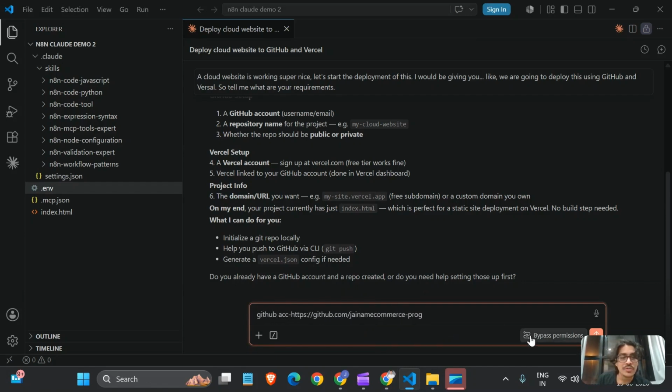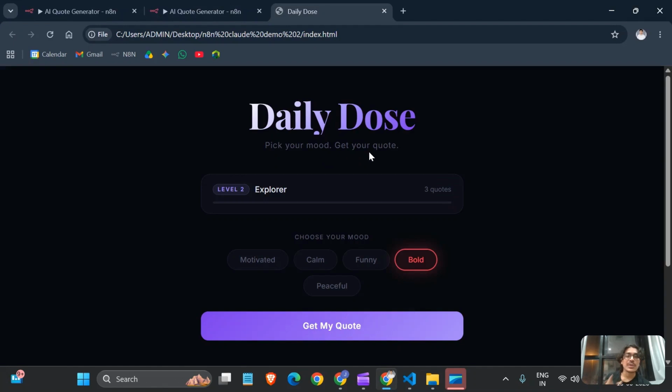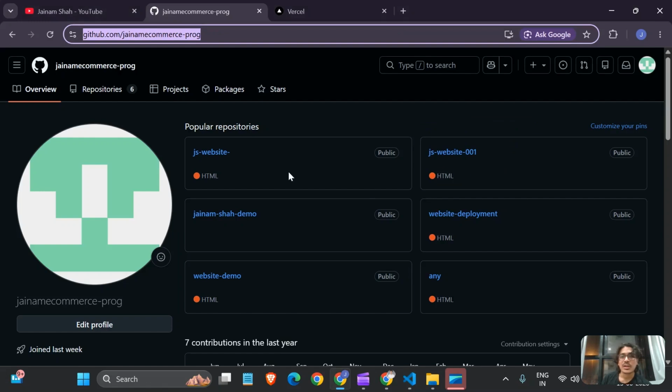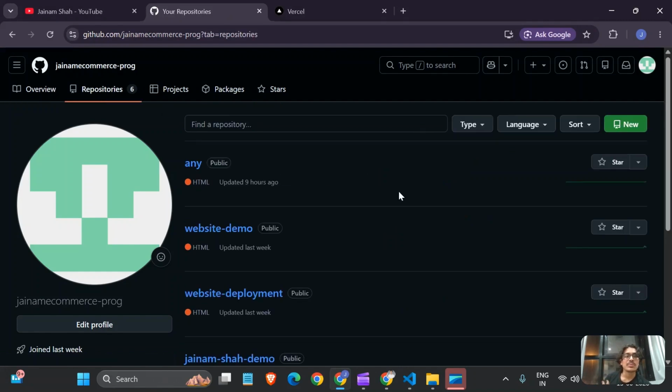Apart from that, what else does it need? A repository, right? Over here again, I can ask Claude to do everything end to end, but it would be a very long video and I want to give you a taste of GitHub also. So let's do this manually. Let's create one new repository. These are my old previous repositories. We can click this New, and we can go with